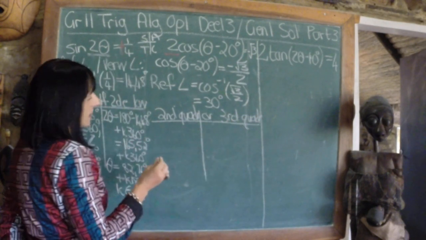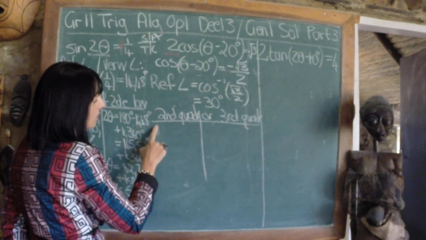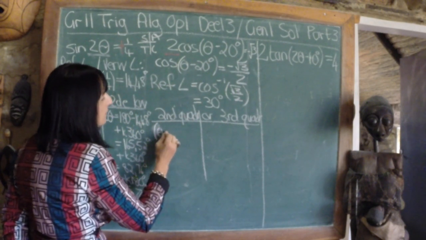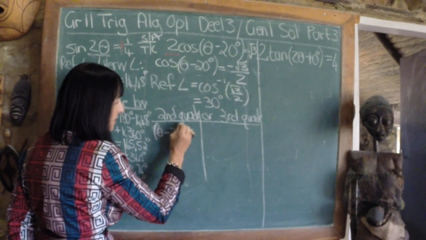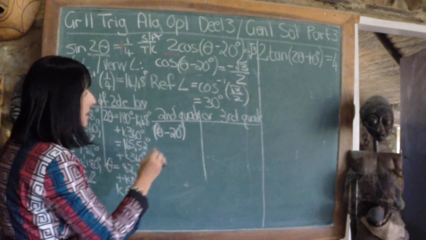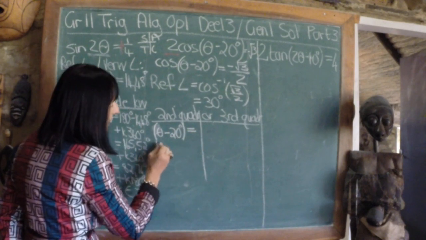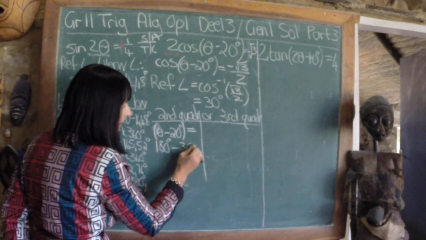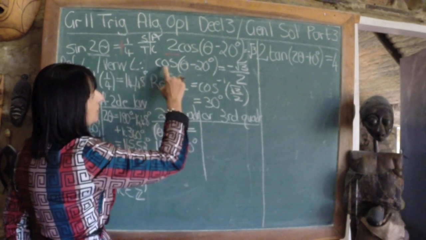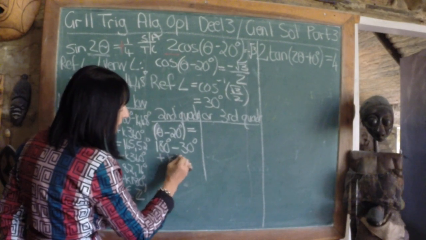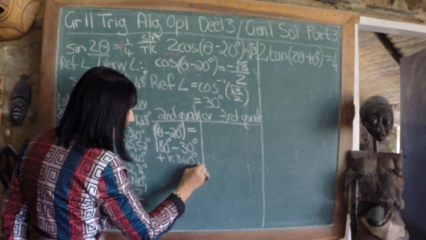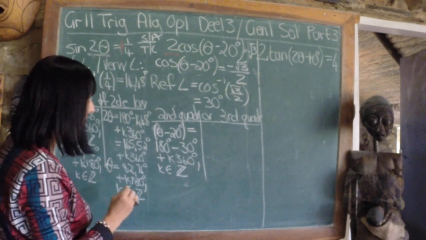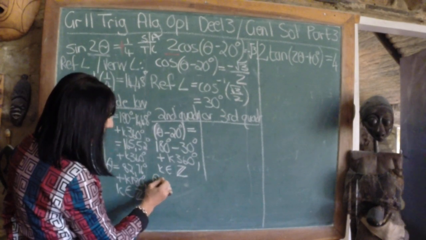Okay. Second quadrant, it's now, look at my angle. Theta minus 20 degrees, that's my whole angle, equals 180 degrees minus my reference angle, plus, and I'm going to check, it's cos, so that's k times 360 degrees, k element of Z. So let's simplify. I have for theta minus 20,